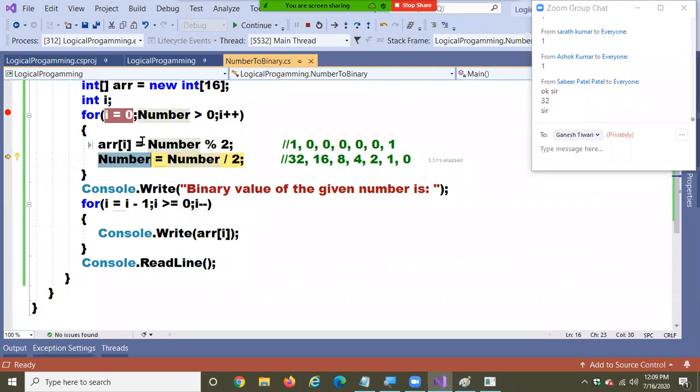Okay. Now the loop runs again. i plus plus, i becomes 1.